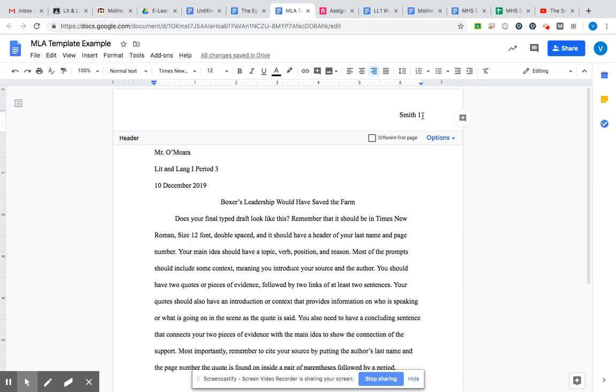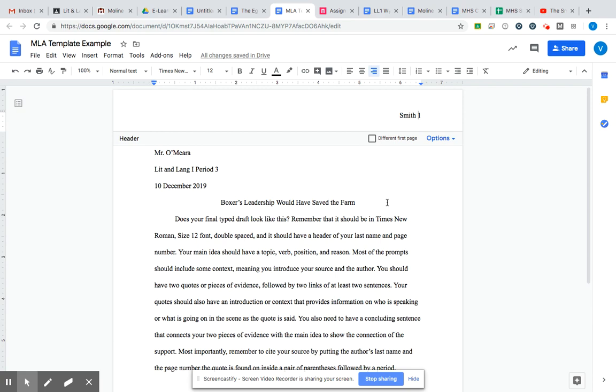Once again, your last name is going to start with a capital because 1, you are important, and 2, you are a proper noun. You're a specific noun, so you need to have that capital letter at the beginning of your last name only. You're going to click space once, and then you're going to type the number 1 because this is our first